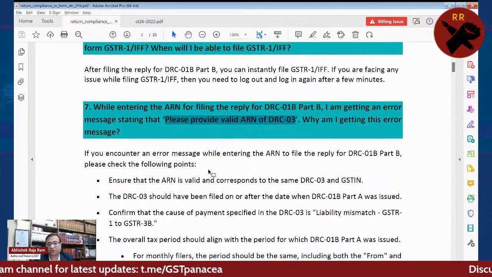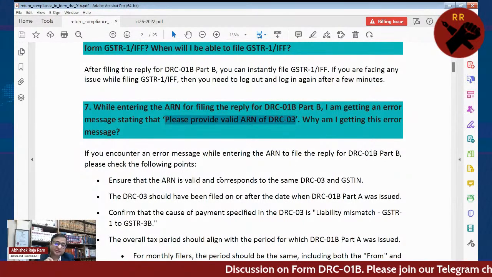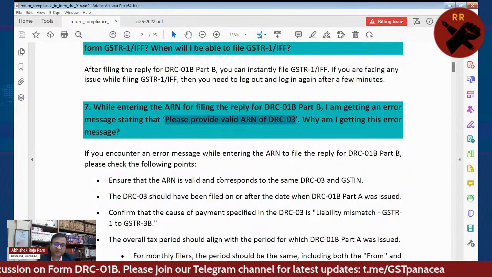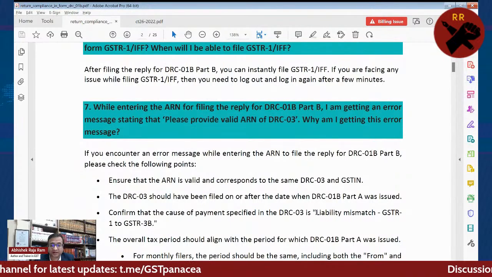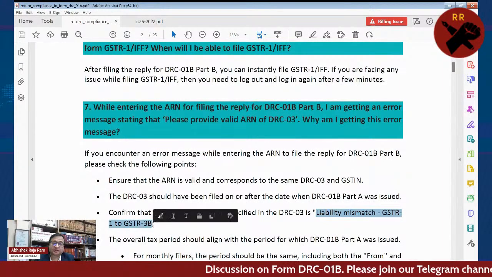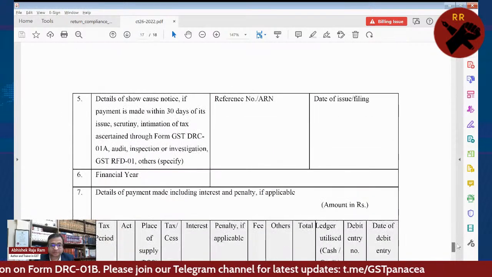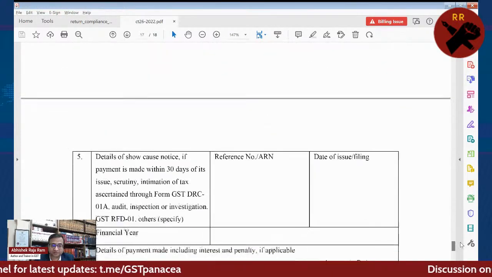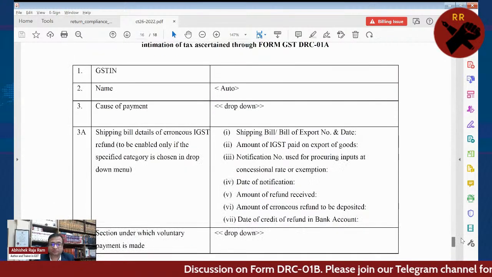DRC-03 फॉर्म, तो DRC-03 में कुछ कंडीशंस है कि जब आप DRC-03 फॉर्म है तो वो आपके जो नोटिस है उसकी डेट के बाद का आया होना चाहिए. प्लस the reason for selecting this should be liability mismatch of GSTR-01, so GSTR-1 to GSTR-3B. देखिए यहाँ पर जब इन्होंने यहाँ पर ये फॉर्म दिया तब उन्होंने इसमें रीजंस में ये सब चीजें डाली हैं that you have to choose these kind of details in the drop down and then you have to file this form.